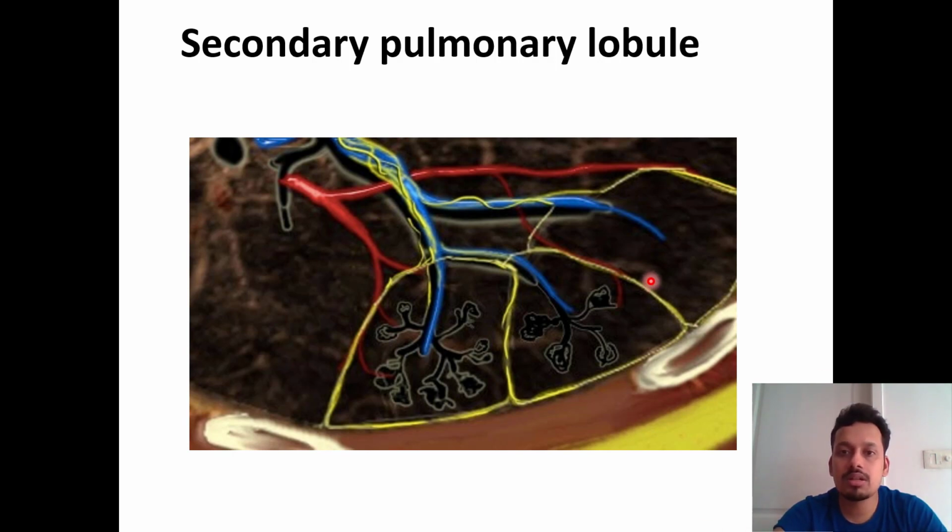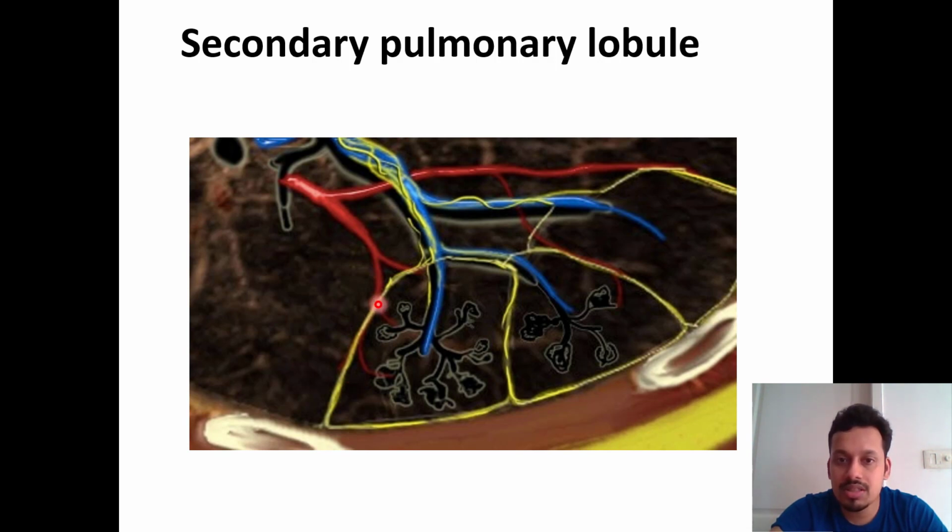Any talk about interstitial lung disease is incomplete without talk of the secondary pulmonary lobule. This is a small anatomic subunit of the lung which consists of one terminal bronchiole, and there are about 5 to 10 acini from the terminal bronchiole. So what is in the center of this? This blue thing is the centrilobular artery, or centrilobular pulmonary artery. And in the interlobular septa, the yellow color you can see here, runs the pulmonary vein. So this is the pulmonary vein running in between the two septa.